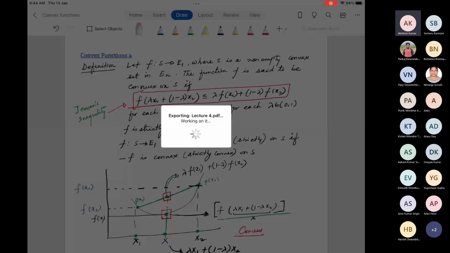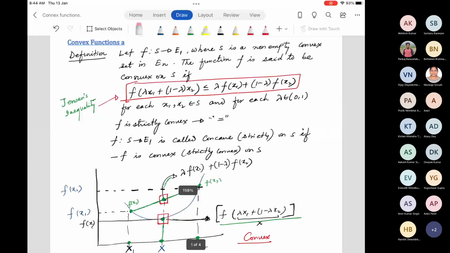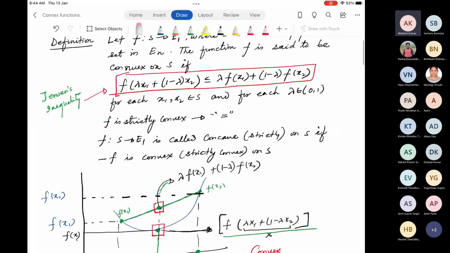Now, this also is a good idea, but this is not it. For differentiable functions, we have more options to show the convexity, which we will start next week on Monday's class. If you have any questions, we can discuss. Otherwise, we will call it a day, at least from IM 6002 point of view. If you have any questions, any doubts, we can discuss it. Otherwise, we will wrap up today's session.